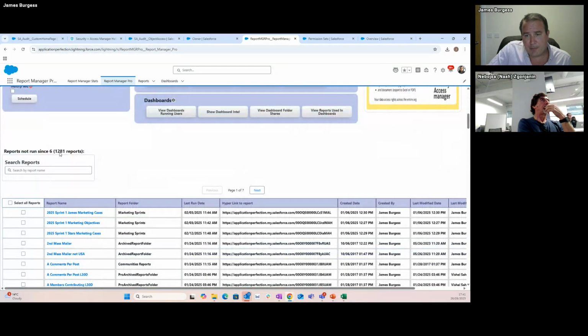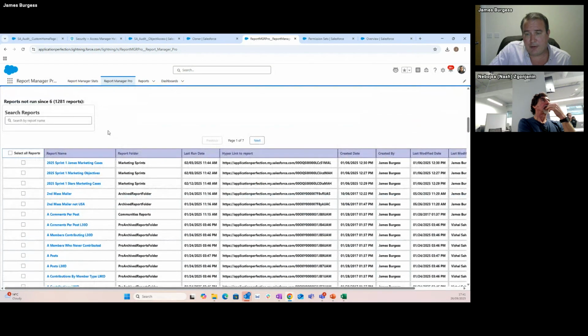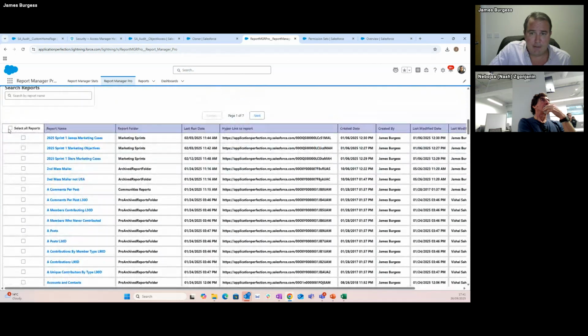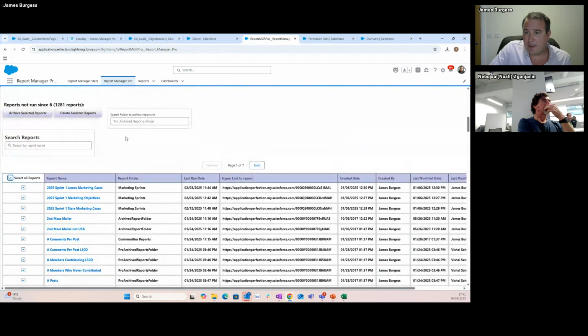So this is saying we've got over 1,200 reports that haven't been run in 6 months, and then we could say select all these reports, and then by default it archives them in this report folder that we have within